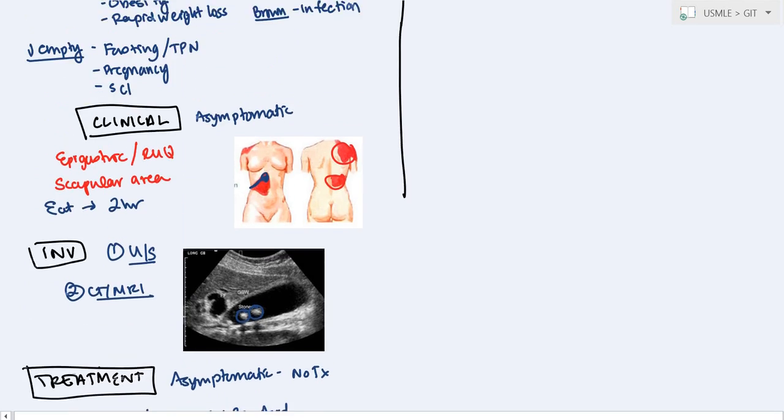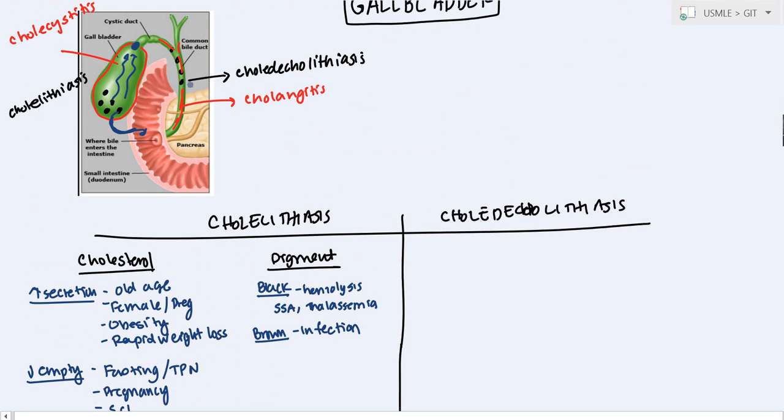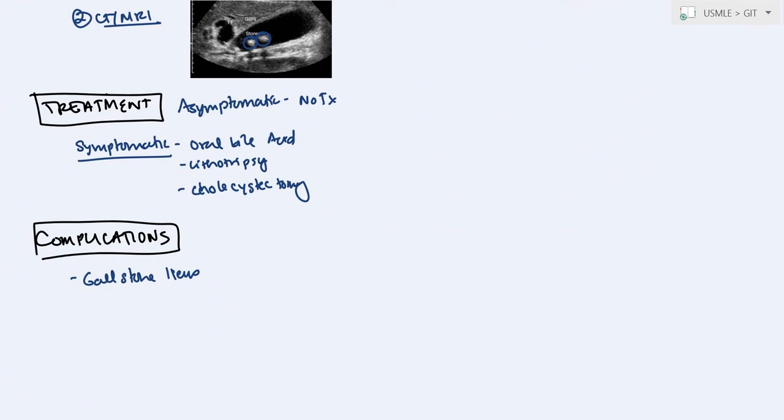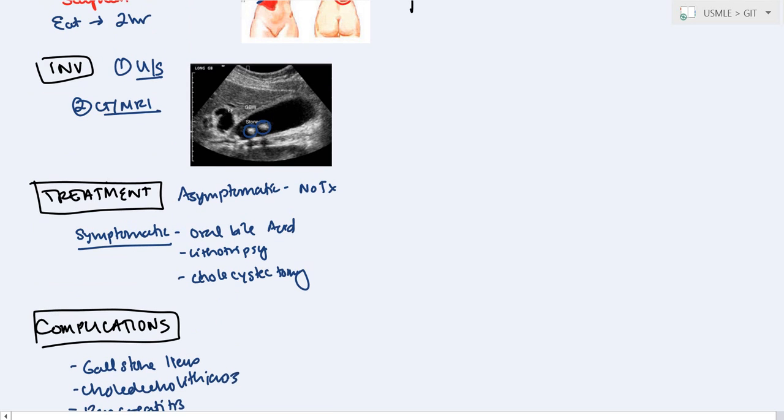Otherwise, if you go back up, it can cause choledocholithiasis, and it can even cause pancreatitis. So those are the 2 main things there, and it can cause cholecystitis as well. So you have choledocholithiasis and pancreatitis if it gets down into the bile duct. Okay, so that's the